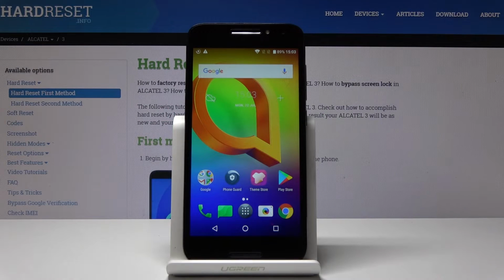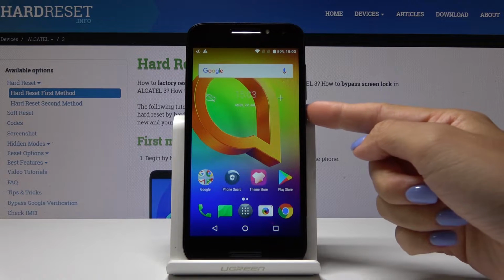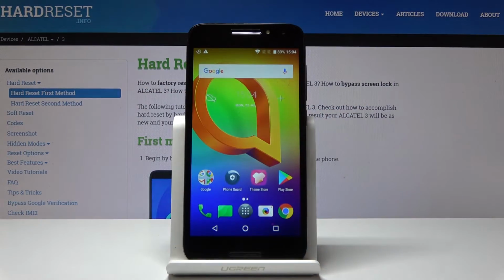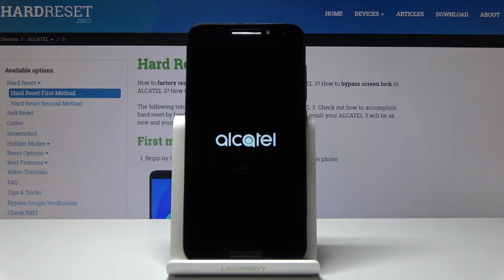Here I've got ALCATEL A3 and let me show you how to activate and use recovery mode on the following device. So at first you have to switch off your phone, simply tap on power key, hold it for a while and then click on power off. Now wait a couple of seconds until it's off